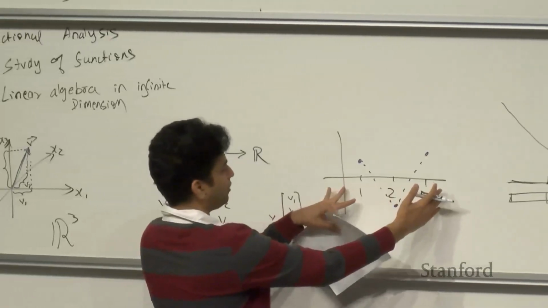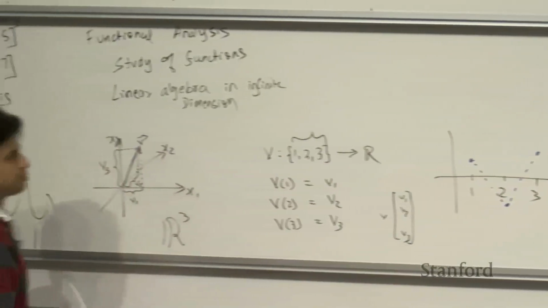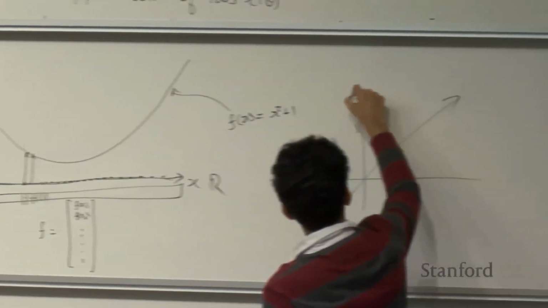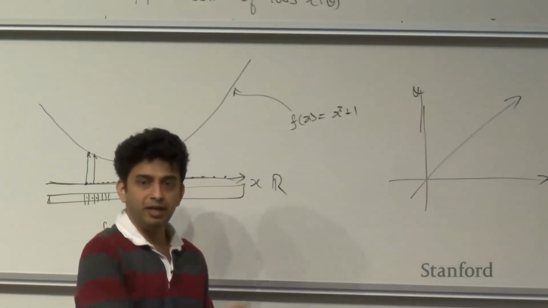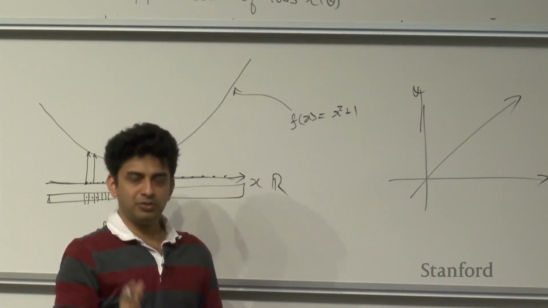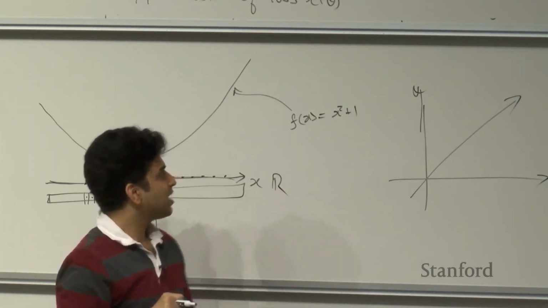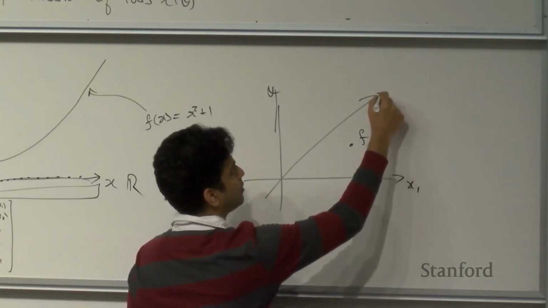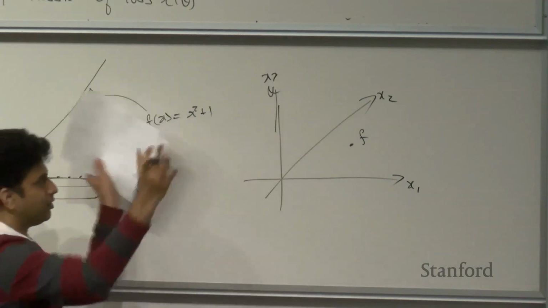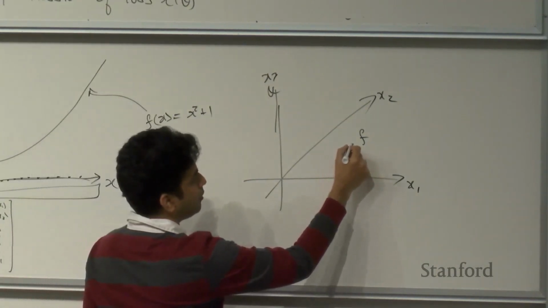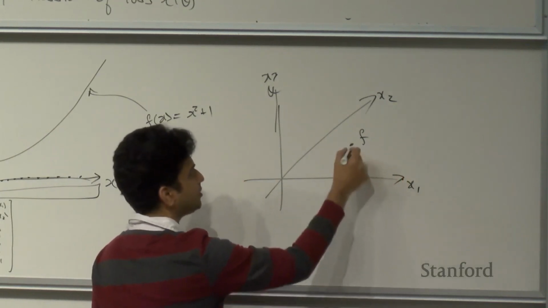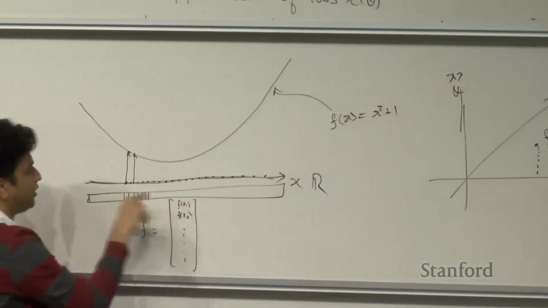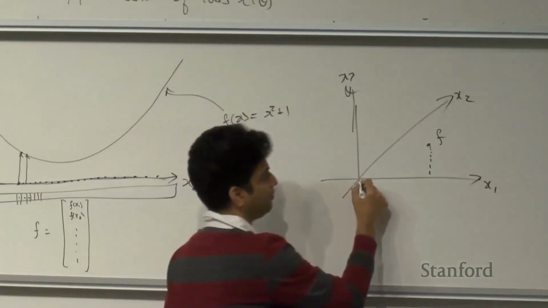just the way if you have a function defined over 3 elements, you can map it into a 3-dimensional space, in the same way, you can map this function into an infinite dimensional space, right? So imagine you have an infinite number of axes. I cannot draw it on the board, I'm sorry. And there is a point, let's call this f, such that x1, x2, x3, and there are an infinite number of these, and the value of a function at a given axis, because each axis corresponds to one possible input. So the value of a function at a given input is the same as the coordinate of the vector at that axis,